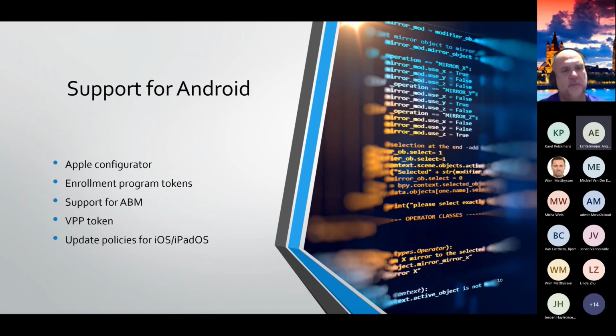Sorry for that. We have Apple Configurator, support for Apple Configurator, support for enrollment program tokens. We can have it more within Intune. We are supporting Apple Business Manager, volume purchase program tokens, so it's divided at the moment. And update policies for iOS, iPadOS. So for iOS devices, we have update policies. So we can create the policy like we can create within